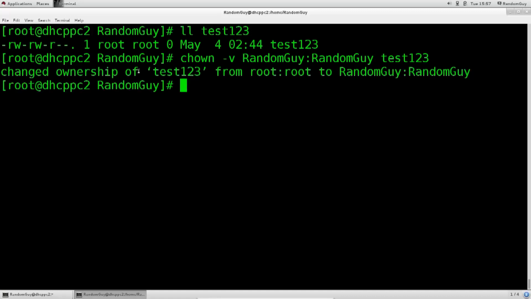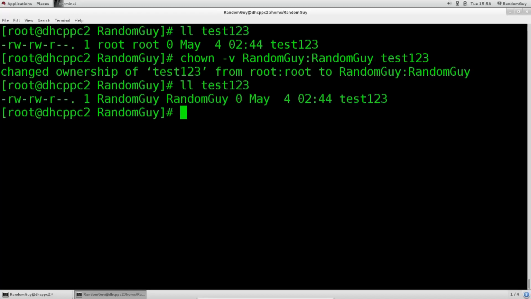So let's say that I press this. It says change the ownership of test 1 2 3 from root user and root group to random guy and random guy. Very simple. And if I type in ll test 1 2 3, press enter. Once again